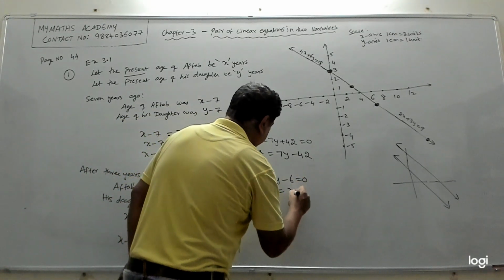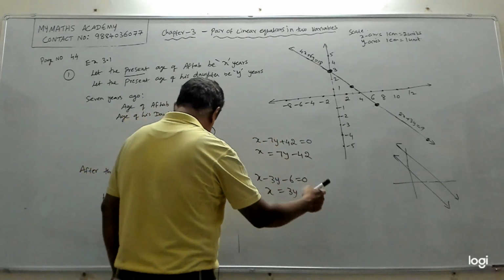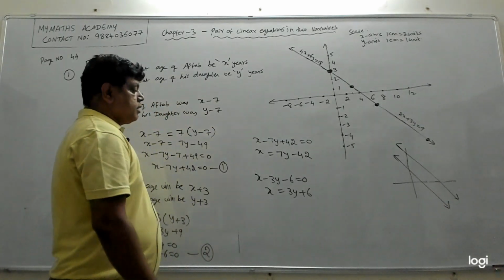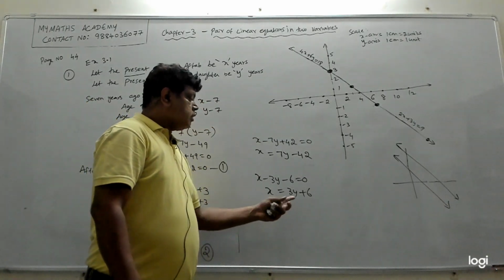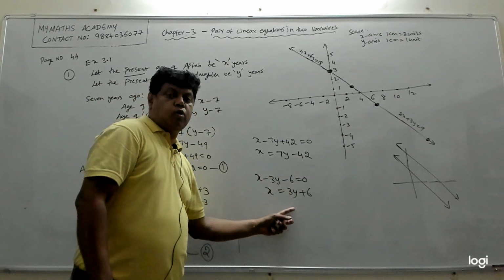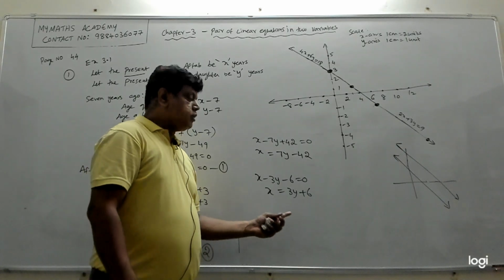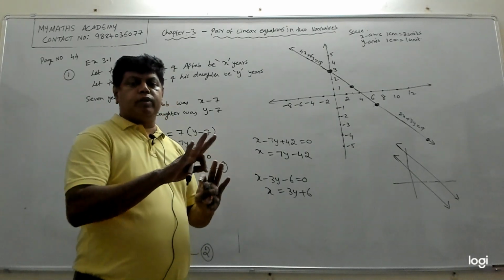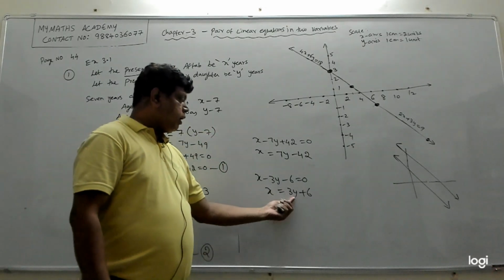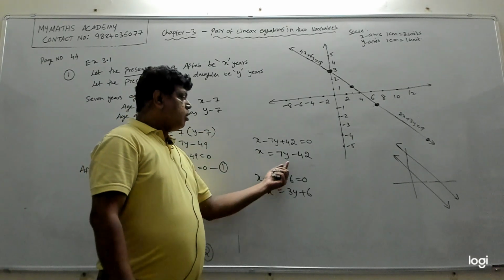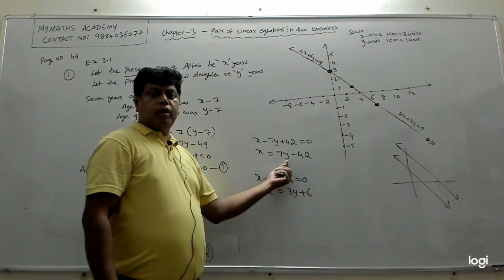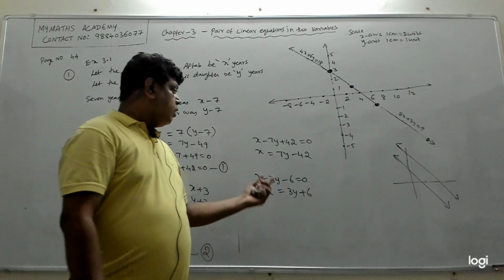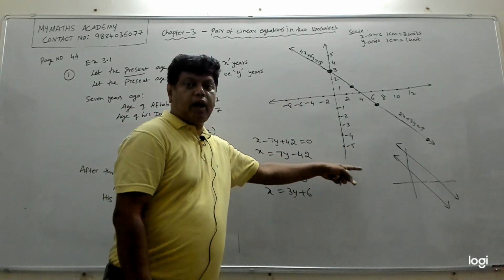We'll get x equal to 3y plus 6: minus 3y will go there and become plus 3y, and minus 6 will become plus 6. Then you need to put the box and substitute y equal to 0, y equal to 1, different values. There's no denominator here, so you can take 0, 1, minus 1, these 3 points for y and find the corresponding x. Here also substitute y equal to 0, 1 and minus 1 and get the corresponding x value. Then plot it in the graph.